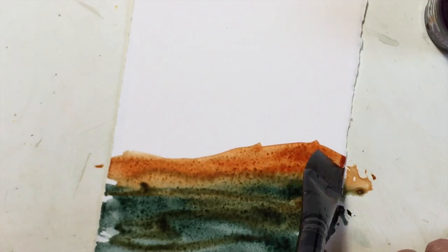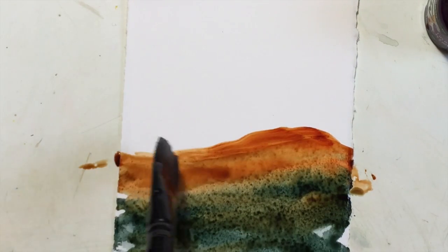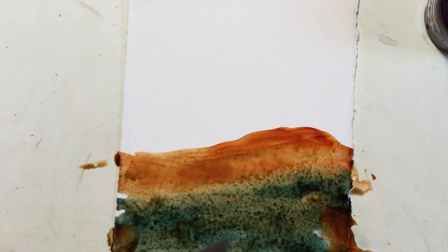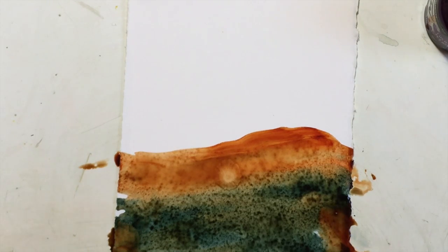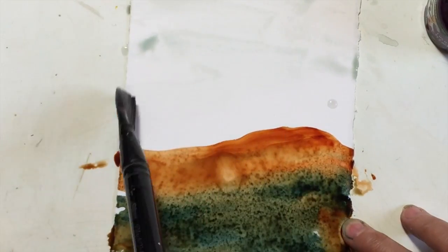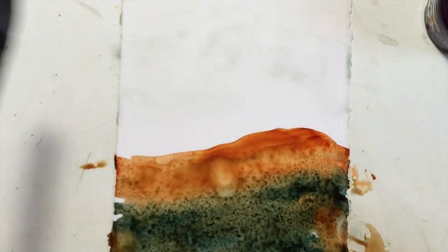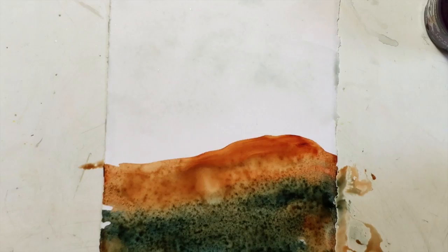So I love using their colors. I do use Winsor & Newton also for certain things. But this is a quinacridone and burnt orange, by the way. And then for the sky, I believe I did a very pale Perylene Green. And since I'm not going to worry about the sky too much because we're talking more about granulation,